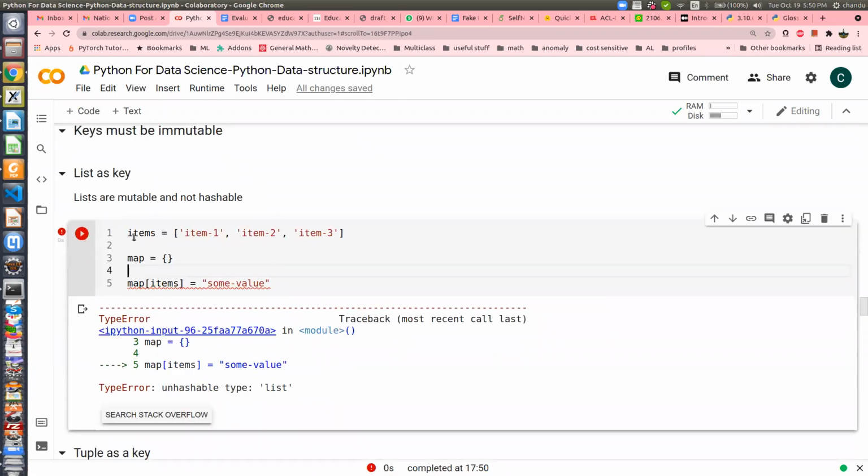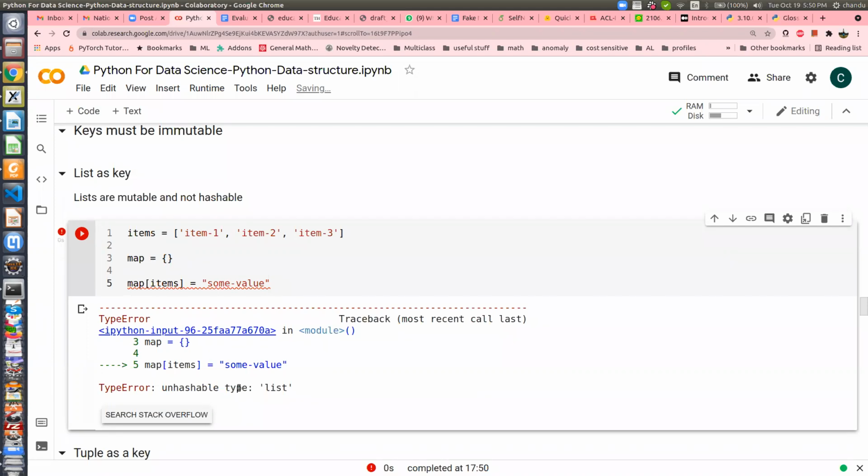Here items is a list, and map is a dictionary. Within the dictionary, my key is this item, and at that location I want to insert some value. And I got an error: unhashable type list. What does it mean? It means a list cannot be used as a key because a list is mutable.